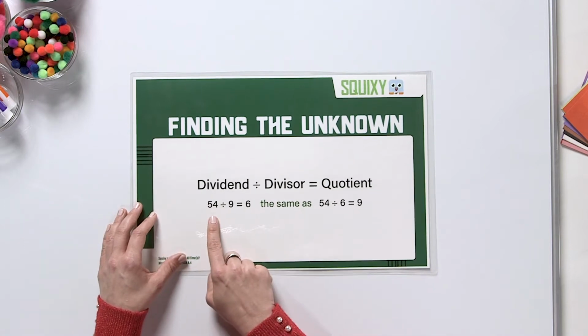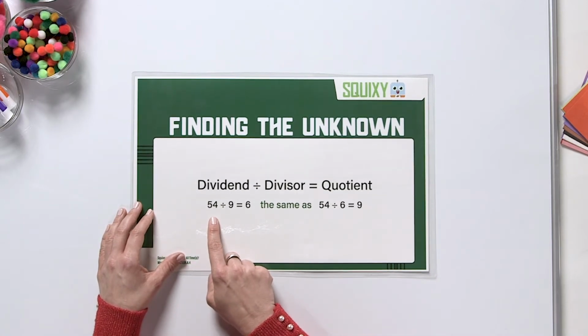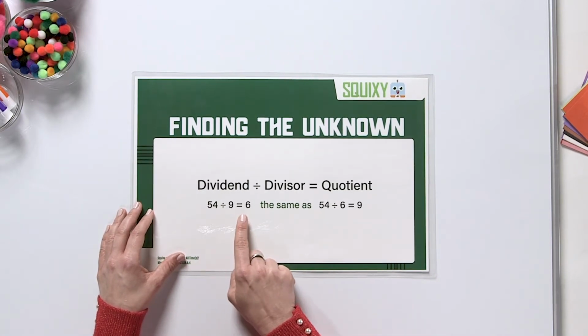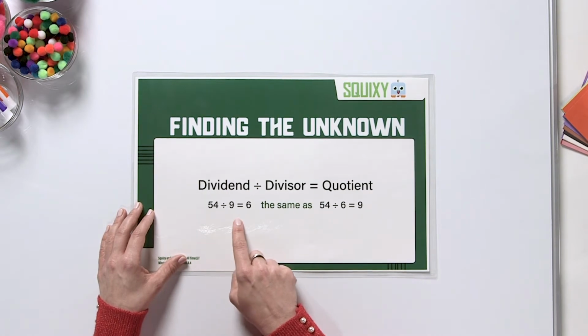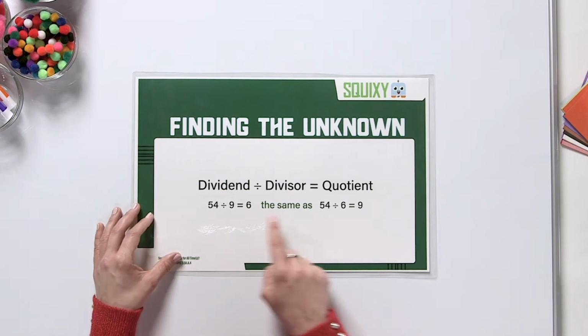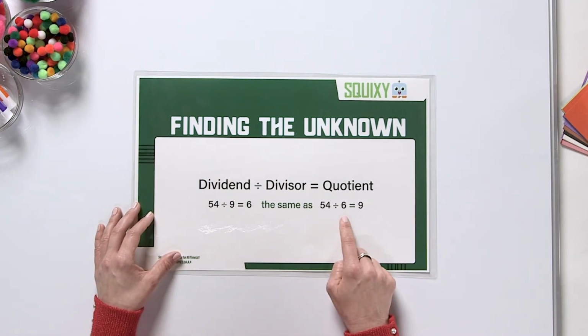Alright! 54 is the dividend in this example. 9 is the divisor, and 6 is the quotient. 54 divided by 9 equals 6. And that's the same as 54 divided by 6. That's 9. As you learn more about operations and algebraic thinking, you will come across problems that have one of